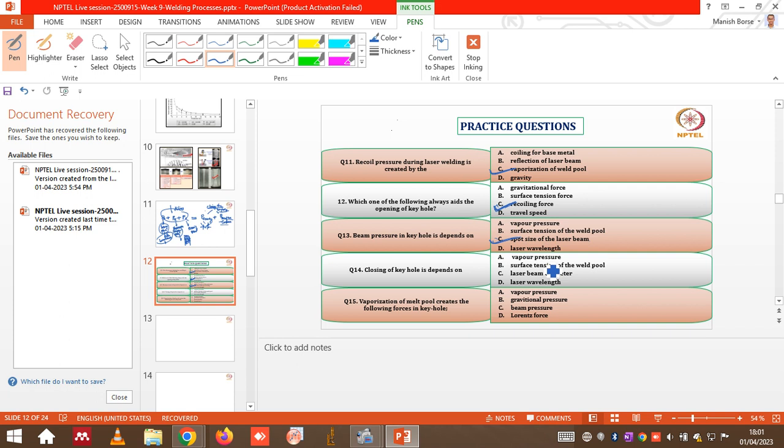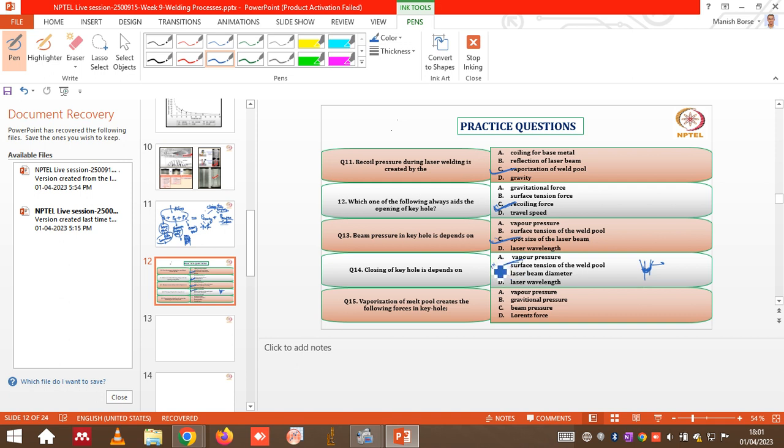But the keyhole at the bottom, keyhole meaning through holes we can say, as the torch moves further in the forward direction, because of surface tension of the liquid, this keyhole is closing up, right? So this closing up of the keyhole is because of surface tension of the liquid, or we can say gravity also, but as surface tension is in the options, we can mark this option,